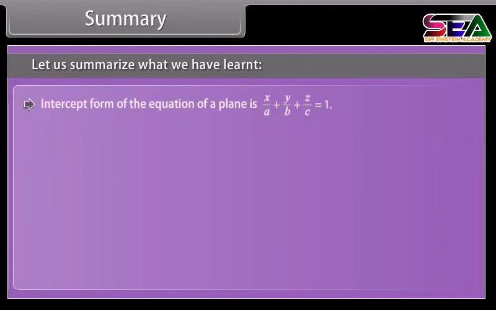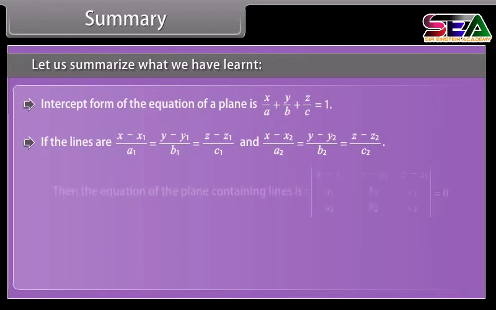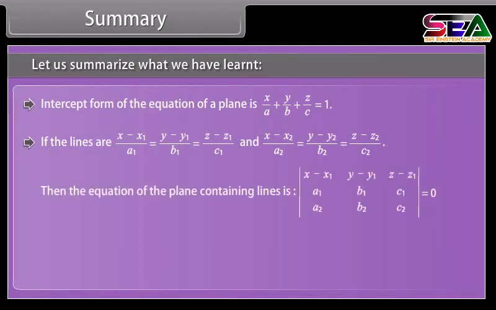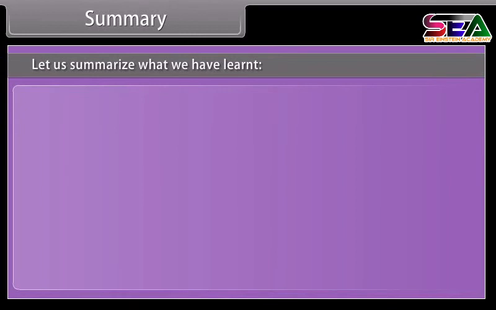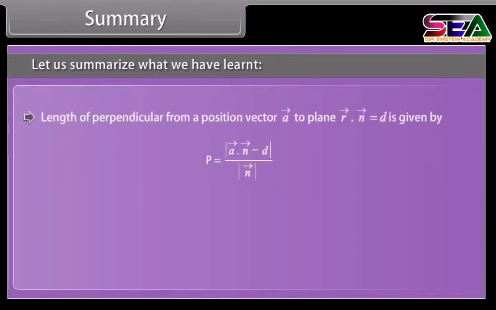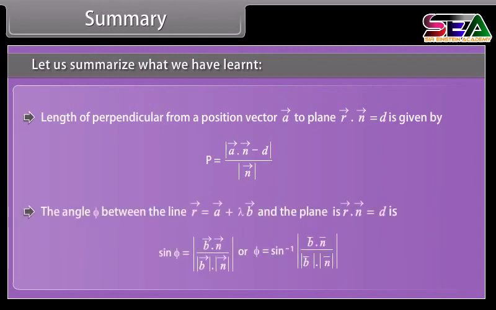Intercept form of the equation of a plane is. If the lines are, and then the equation of the plane containing the lines is. If theta be the angle between two planes, and then theta can be written as. Length of perpendicular from a position vector A to plane is given by. The angle phi between the line and the plane is